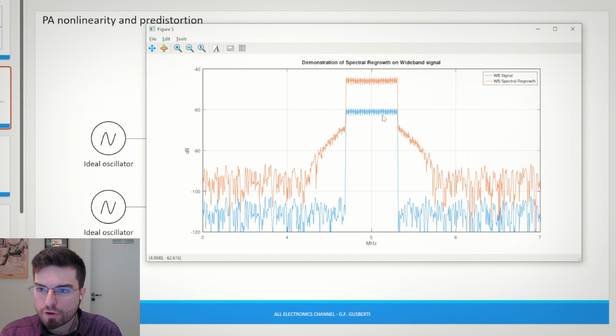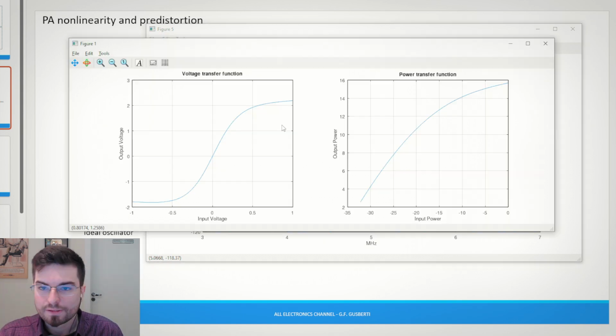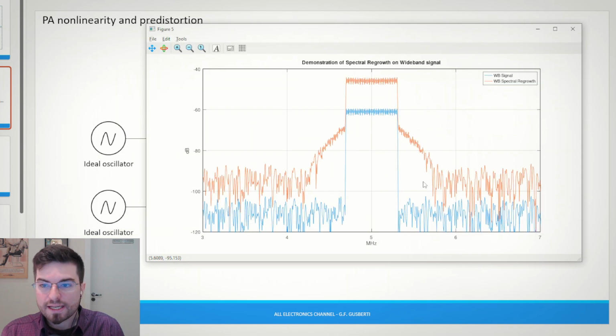Here you have a bandwidth of modulation, an information bandwidth, and we see that when we apply this signal to the nonlinear transfer function, we have new components in the spectrum. We have components that are corrupting the information in the adjacent channels. So imagine that if we have another channel here transmitting on the side, we are placing energy inside the adjacent channel on the other side also. And we also have all the intermodulation terms that fall inside the modulation, corrupting the information we are trying